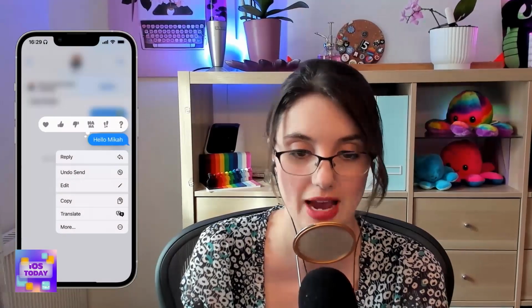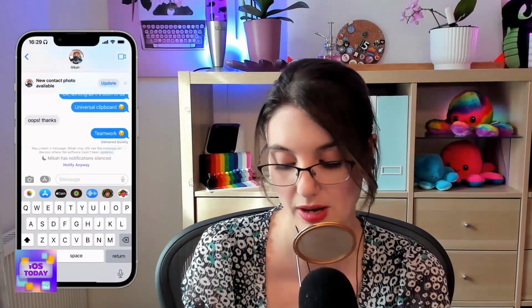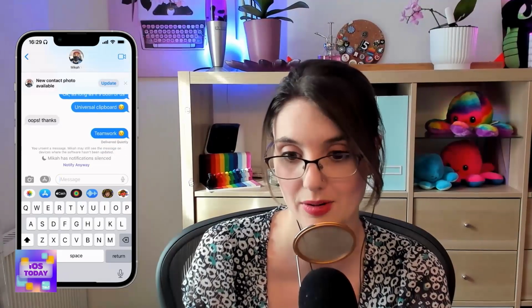Then what I can do is, for up to 2 minutes after I have sent a message, I have this undo send option. And when I undo this, then it disappears. But I've only got 2 minutes now. It was 5 minutes before, and they've decided that that is perhaps a little bit long. It's one of those things where I don't know if there's a particular time frame that is the right time,